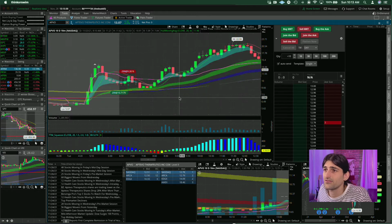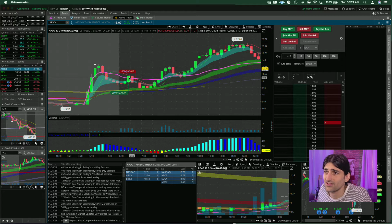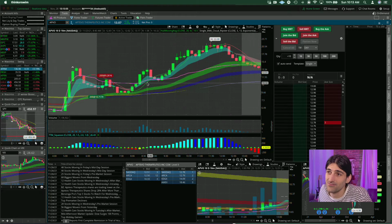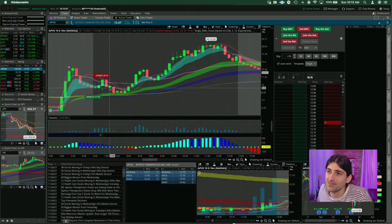Perfect. So took APVO in the morning. This uptrend was looking really good. I was also in the middle of my KTTAW trade, and it wasn't looking awesome, so I thought I'm going to put some in APVO as almost like a hedge, but not a hedge, just because if APVO was going to work and KTTAW wasn't going to work, then I wanted to be part of the move. And then I ended up cutting it here about 20 minutes later at